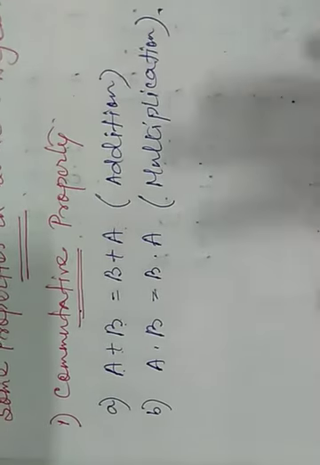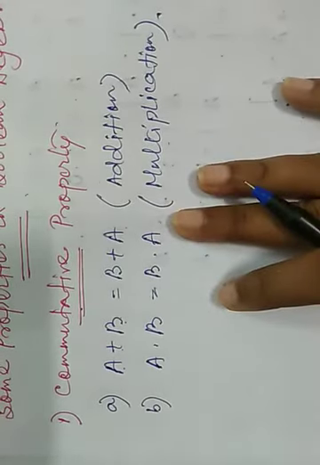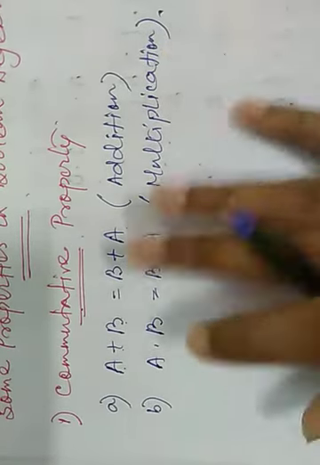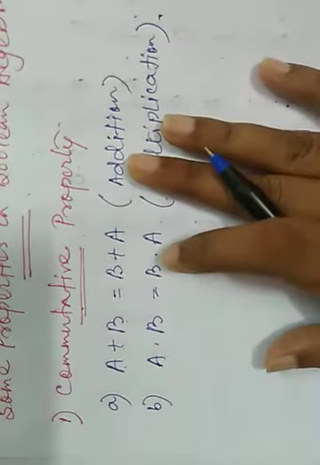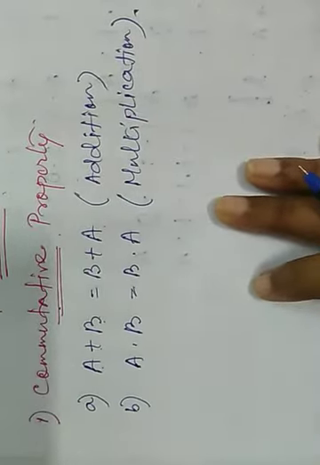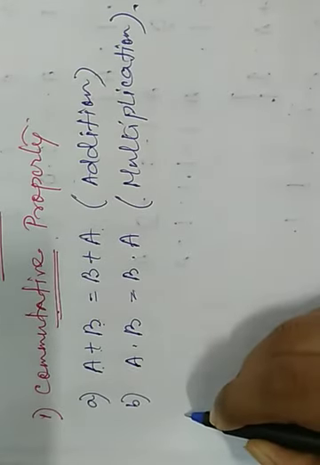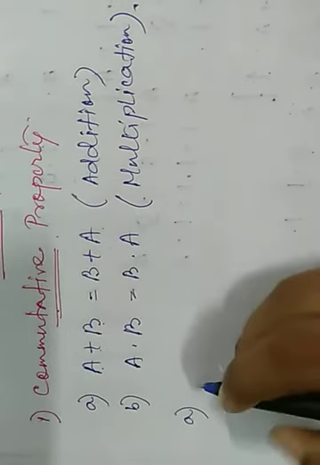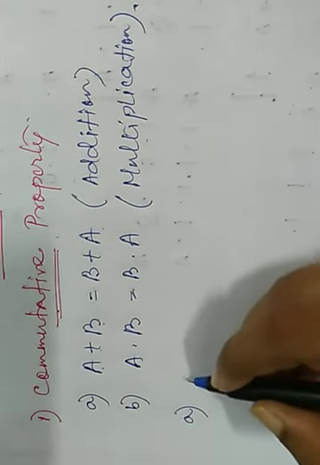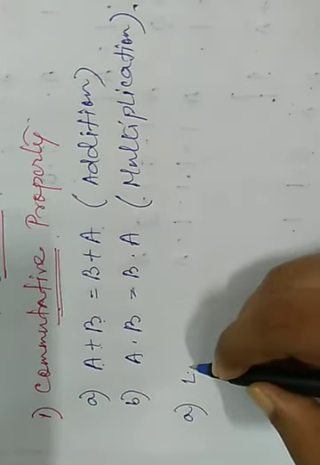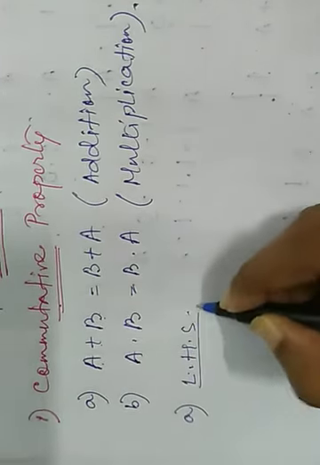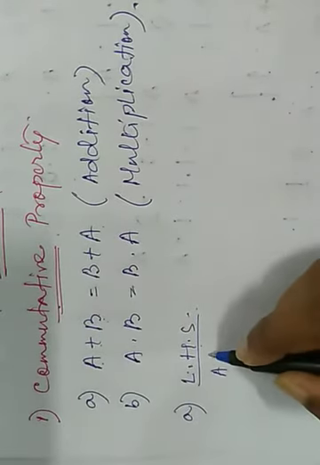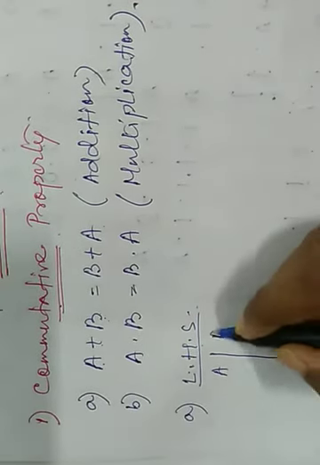Here I am only going to show you the proof of commutative property using truth table. The other two properties you have to prove by yourself. Okay, so here let us see. I am going to prove the first property, a plus b equals b plus a. First of all, we have to make a truth table for both sides, left hand side and right hand side. So for the left hand side, two variables are there, so a